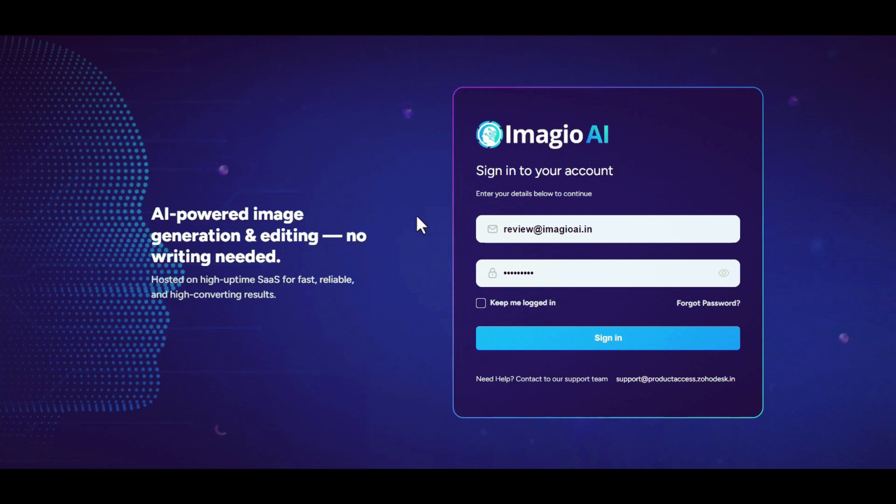Remember that Imagio AI is not an API based tool. We have not integrated any backend API into this. We have developed this tool from scratch and hosted it on servers. So it's just standalone AI. It's not any API key based AI, and we are proud that we have invented this one for the first time in